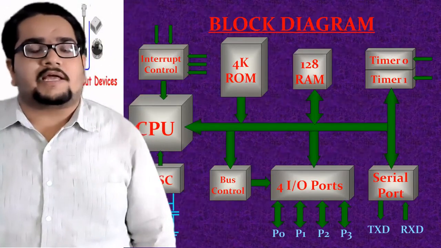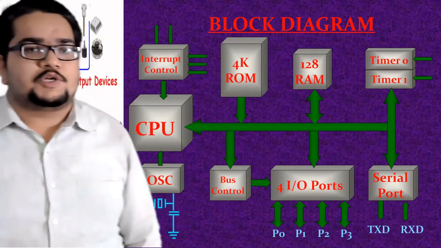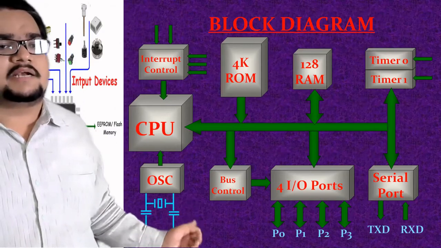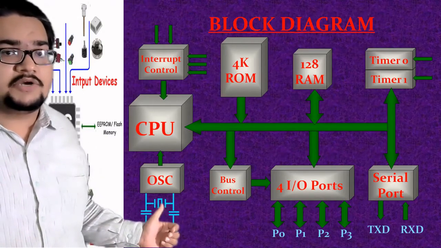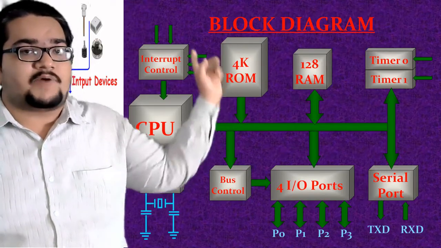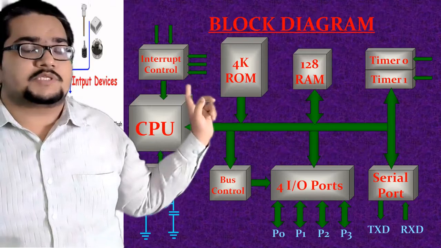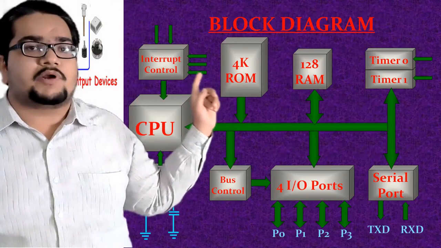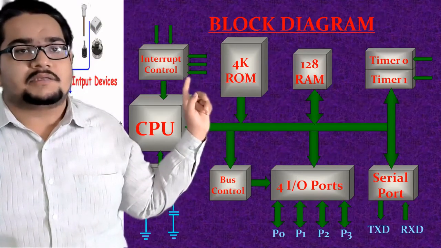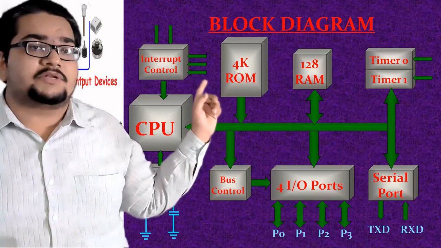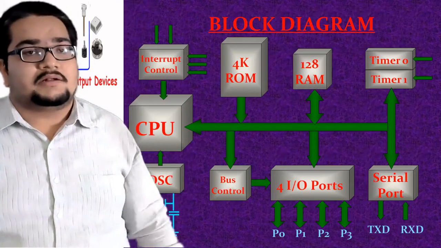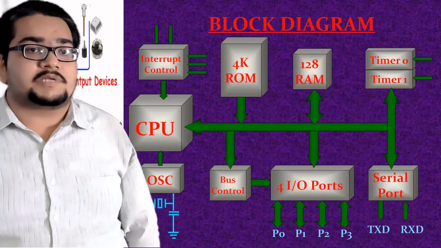Next is this block diagram we have seen in our last class regarding the 8051 microcontroller. Here we have a CPU, and an oscillator is there inside that, and you can connect an external crystal oscillator if you require. Okay. And then we have an interrupt controller block which has 5 interrupt sources. We will check what these 5 interrupt sources are in detail as we progress to the interrupt topic of 8051. But very briefly, they are the external 0 interrupt, external 1 interrupt, timer 0 interrupt, timer 1 interrupt, and the last one is a serial communication interrupt. Okay, it can again be a transmission or a reception interrupt.